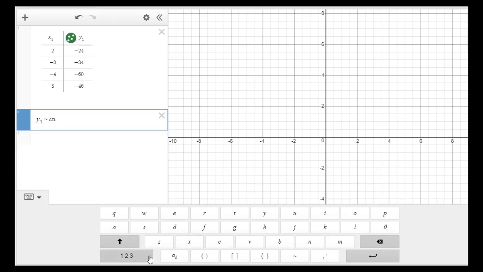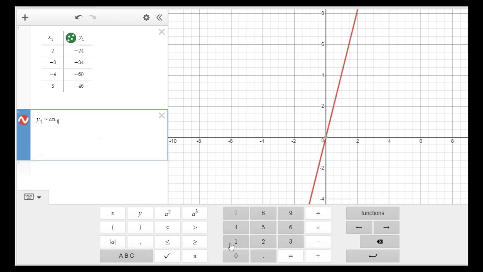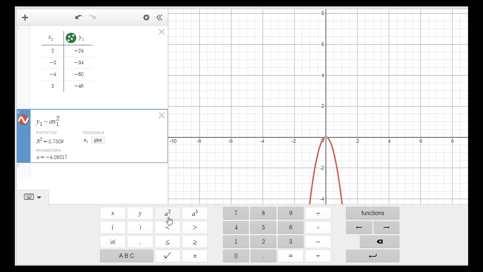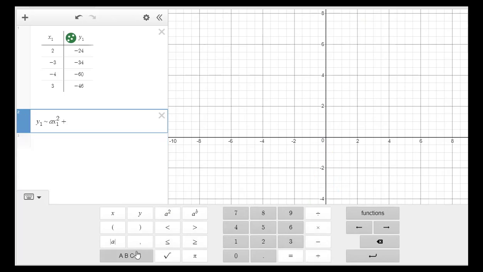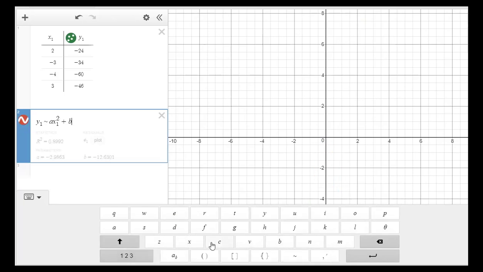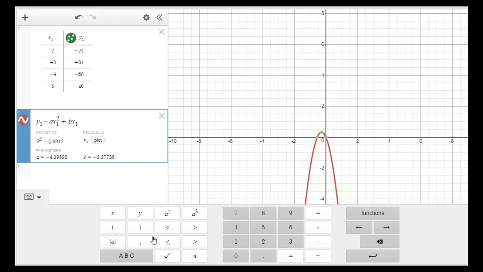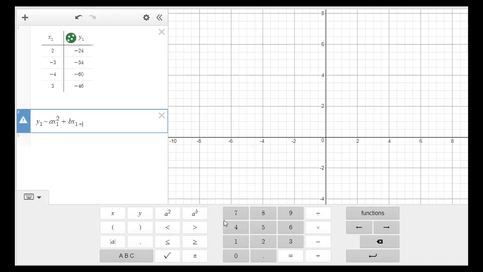A x sub 1 squared plus bx, but my x should be sub 1, plus, alright, so let's go back